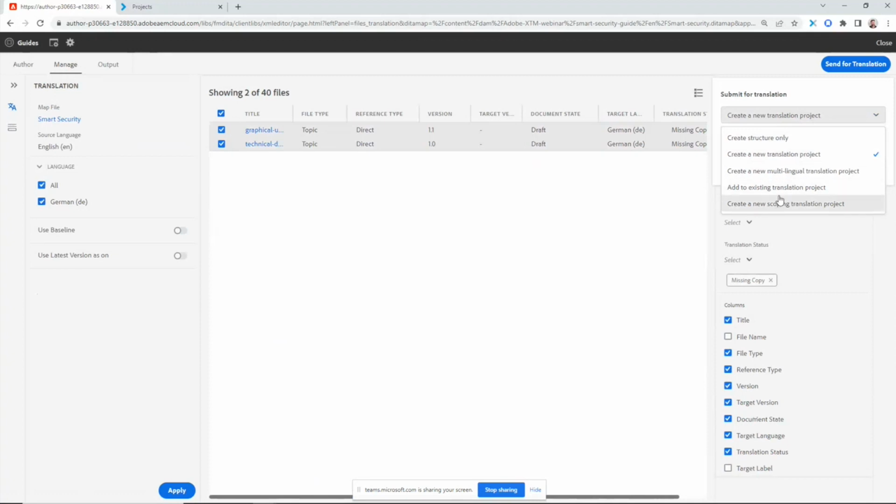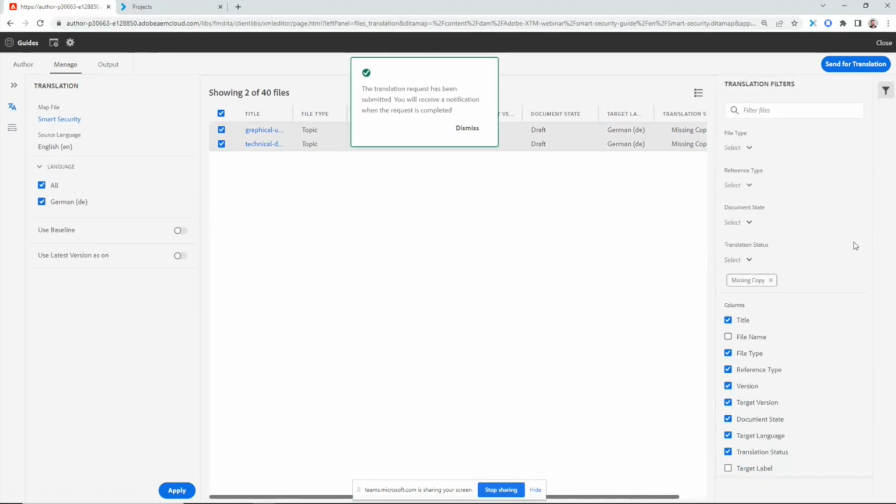You have a lot of other options here, like adding more content to an existing translation project. It could be perhaps it's still in progress and some new content has come out, or this is a continuous translation workflow. You've got a discrete document that you translate multiple times and you just make changes to, and you just want to keep the same project in XTM. You have lots of choices. So I'm just going to throw a quick project title on here and click Submit, and it's going to start